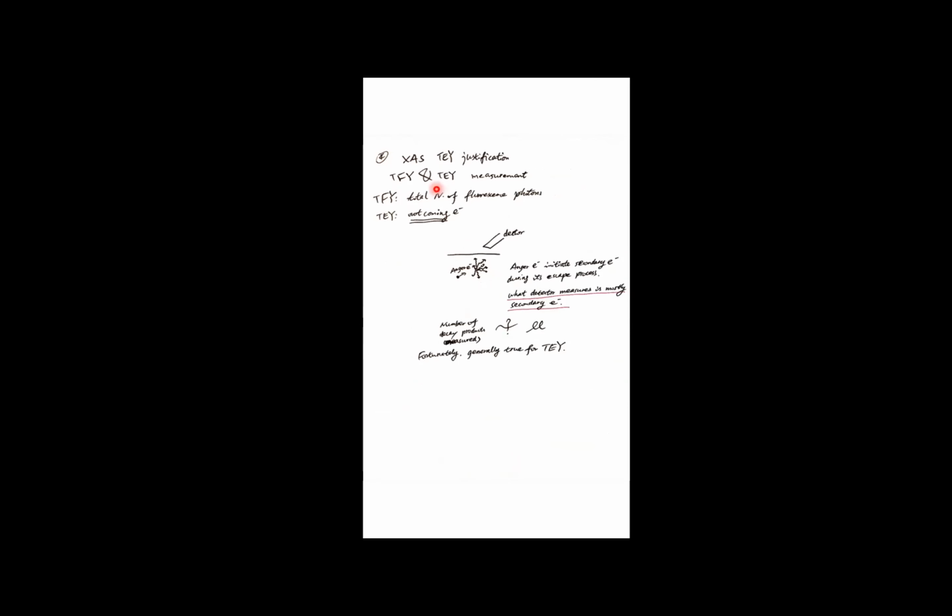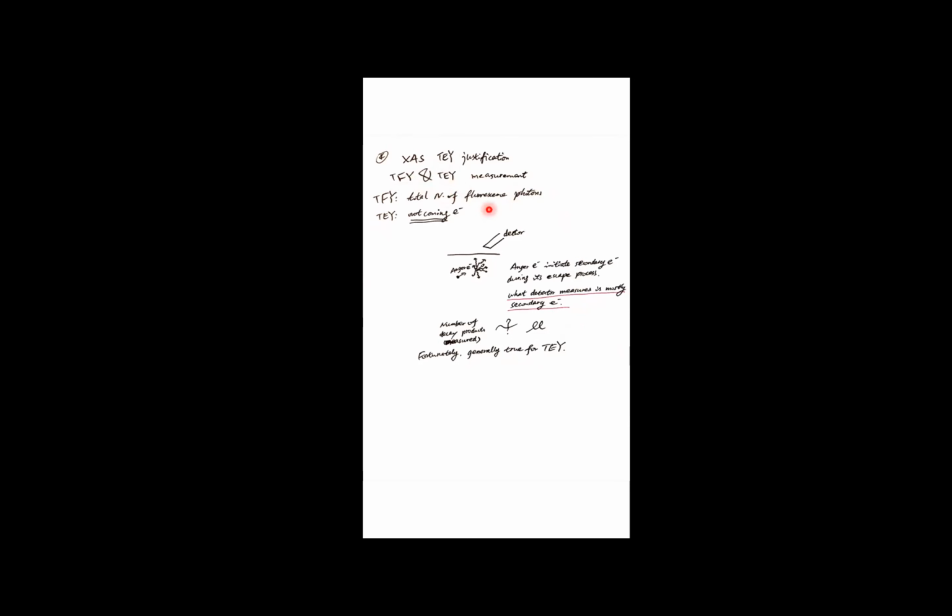And due to the interest of time, I'll just discuss the limits of TEY, something that we need to be aware of for TEY. I will discuss TFY, the fluorescence decay, in the next lecture. For the next lecture, we'll discuss the limitations of fluorescence yield: what the limitations could be and how to address them. Okay, so for the TEY,